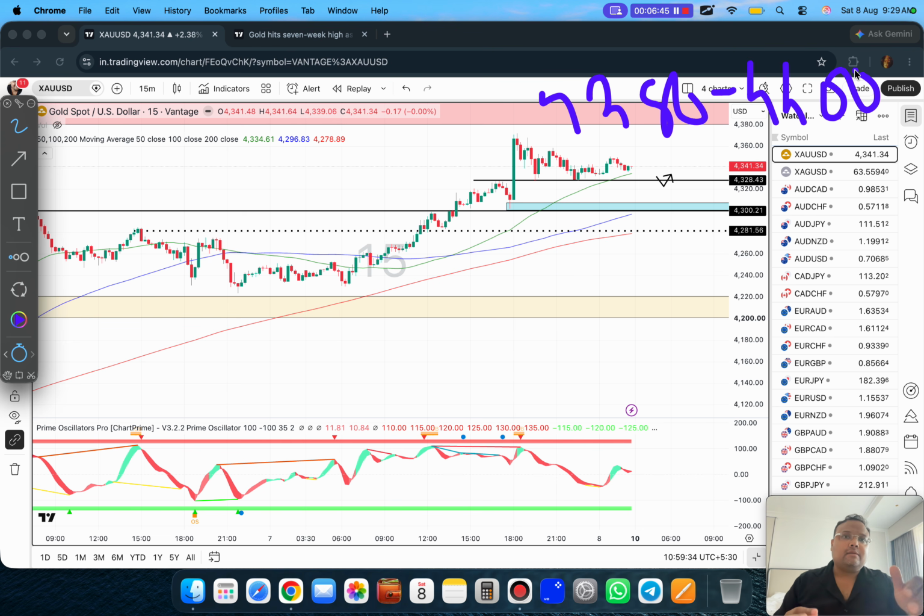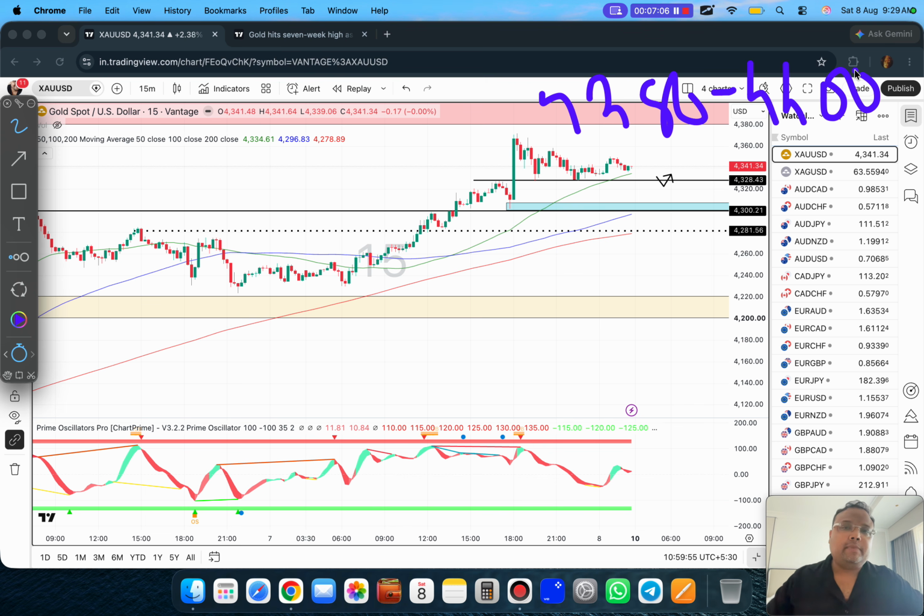And if the market comes down, as a day trader, we can look for a sell as well. Means one or two candles, not more than that. Because right now we need to keep in mind that the market is trying to recover. So gold may try to cross 4400. If you take a sell and you sit and forget about the position, you may get stuck as well. So nothing much to discuss.